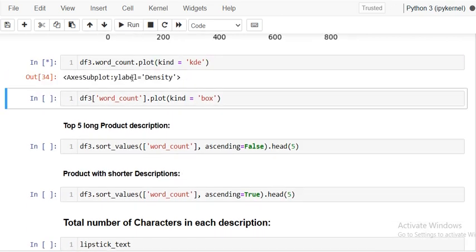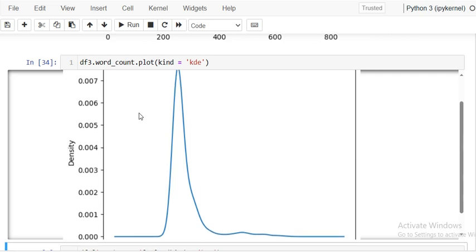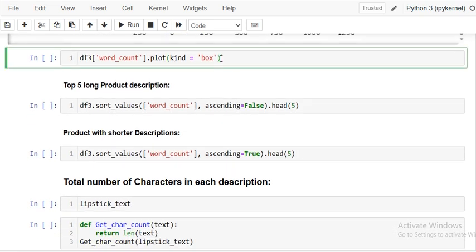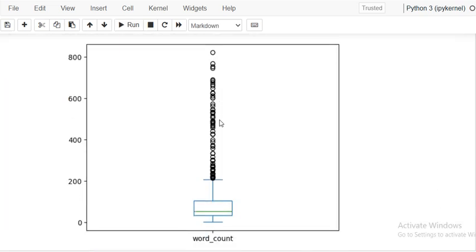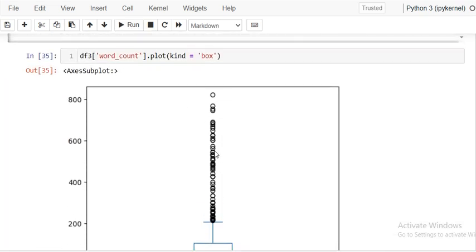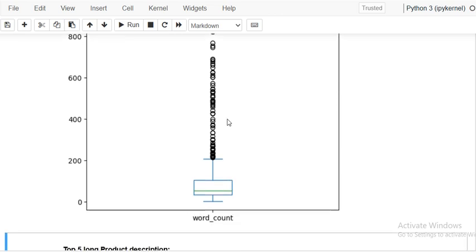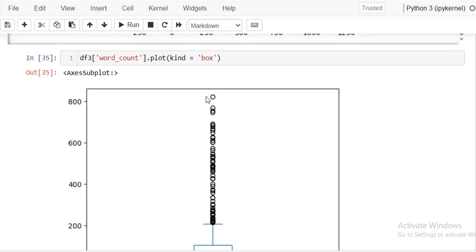Then the KDE plot, you can plot it so you can see the density, that probability function here. Okay, the word count box plot I want to see. Yes, now you can see this is the box plot. So the box plot gives you an idea about the outliers. You can see the average is 95 words, but beyond this there is an upper whisker. There are so many points there. These all are the outliers, and this 822 is the highest